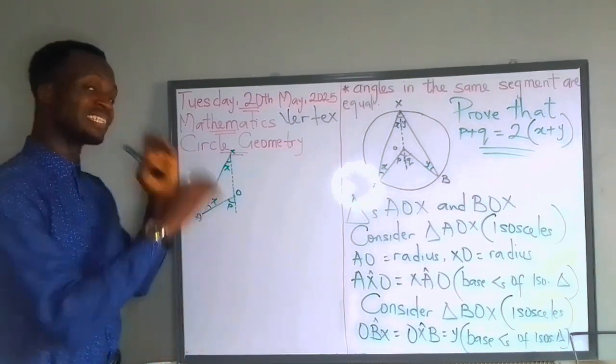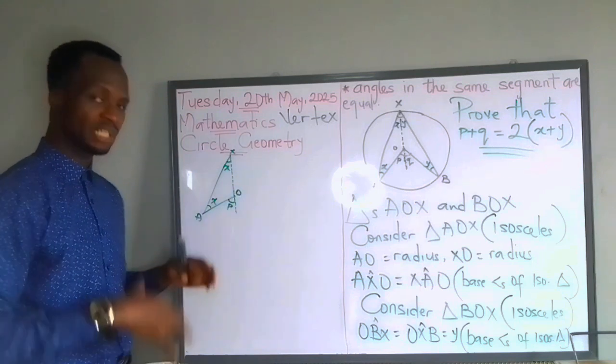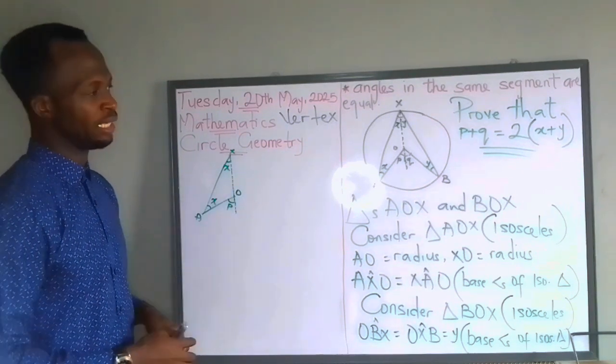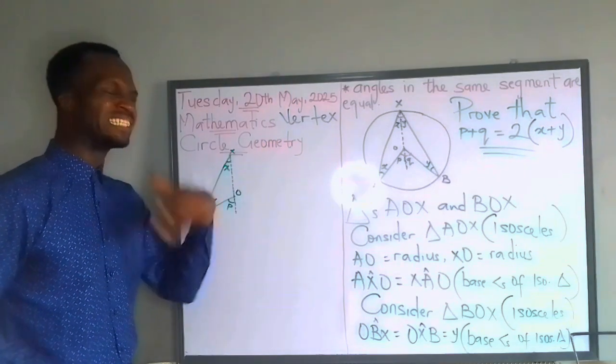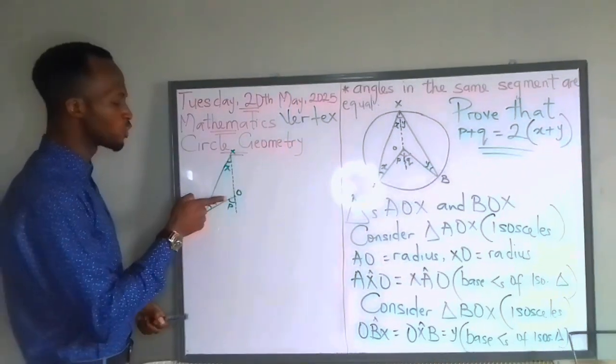At this level you should have known. In fact, it's basic, right? Now, the first one: the sum of angles in a triangle is 180 degrees. That's the first one. The second one is the exterior angle,